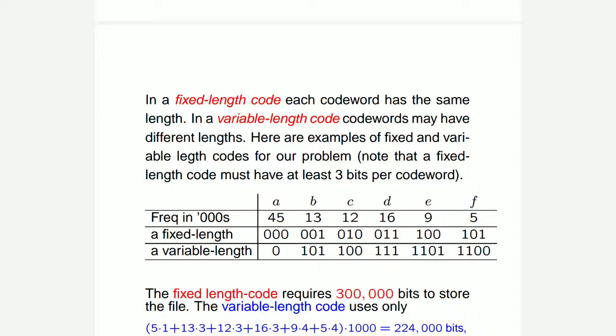What is fixed length code? Here the code words will all have the same length. Whatever characters we have, we'll encode all of them with binary bits, and the length of this binary code will be the same. That is, if you have encoded each character with 2 bits, all the characters will be of 2 bits. Or all the characters will be of 3 bits, 4 bits, 5 bits, n bits. So the code length of all the characters will be the same, fixed. That is why it is called fixed length coding.